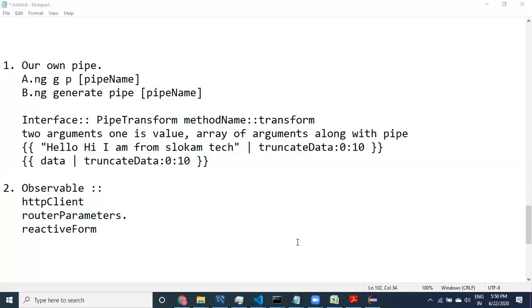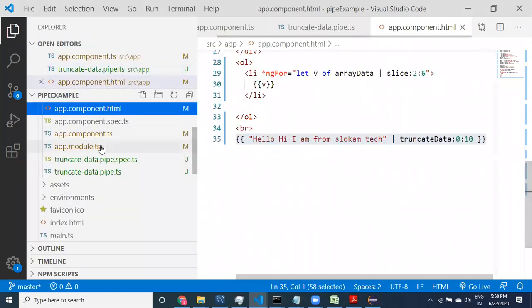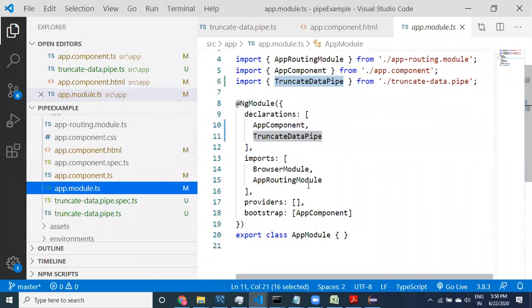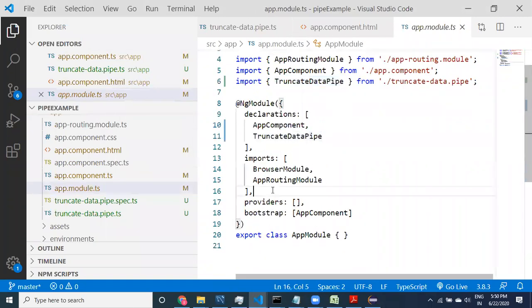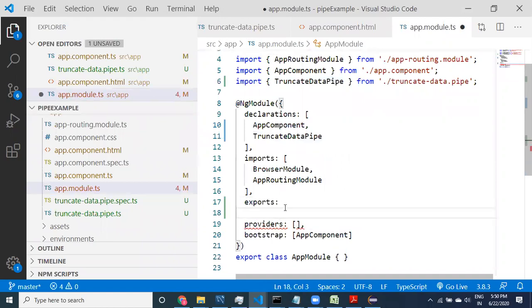If you want to make this pipe available to other modules, we have to do two steps. Step one, go to the app module, where you have exports. In the exports list you have to provide the truncate pipe.